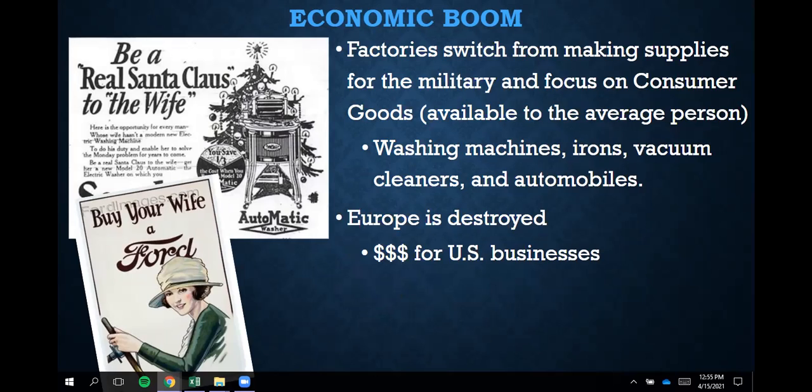So new inventions, people are ready to spend their money. This is called an economic boom. Like a boom is